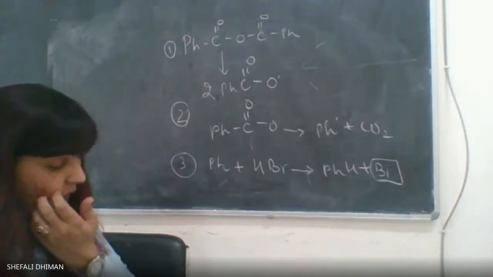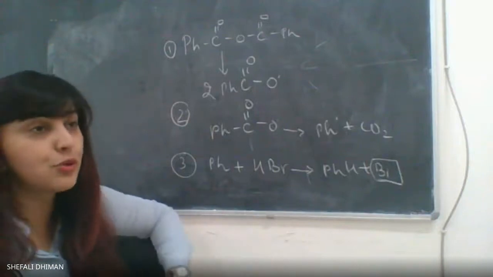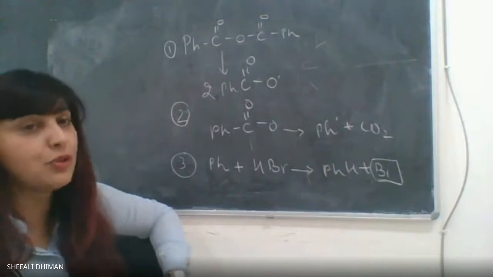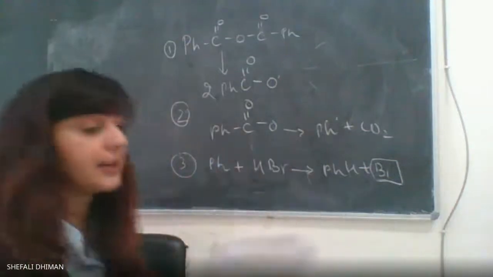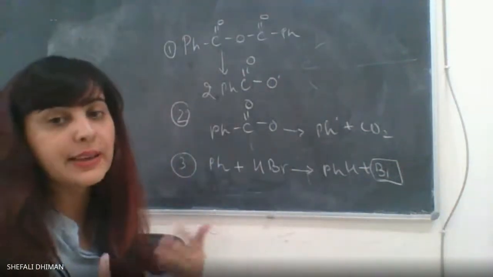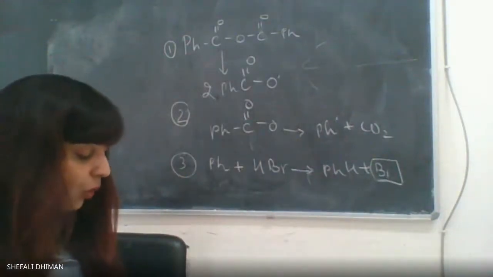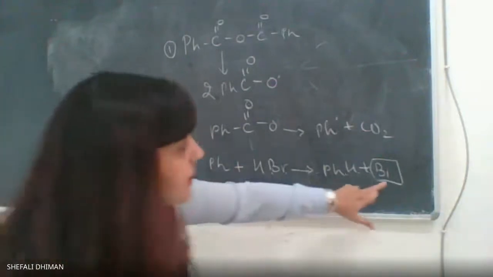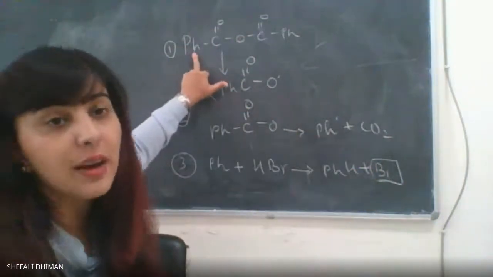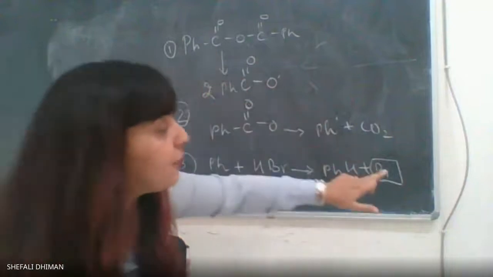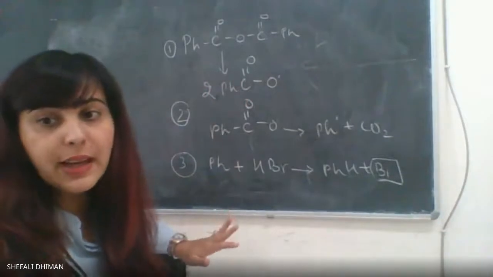So when a radical reacts with a neutral molecule, what will happen? It will generate a new radical, and that new radical will continue or propagate the reaction. So the propagation step will go on and on once the first step, that is the generation of the radical from the initiator, starts. So when the initiator is added, the first radical will continue. So this is going to be the first step of the reaction, which is called the initiation.